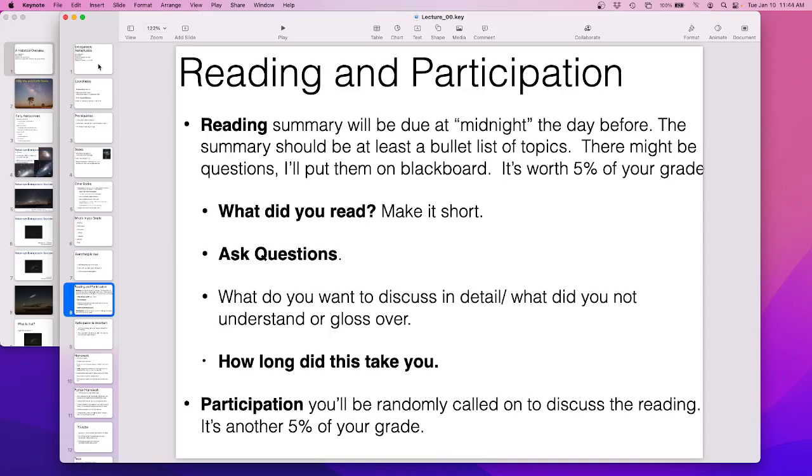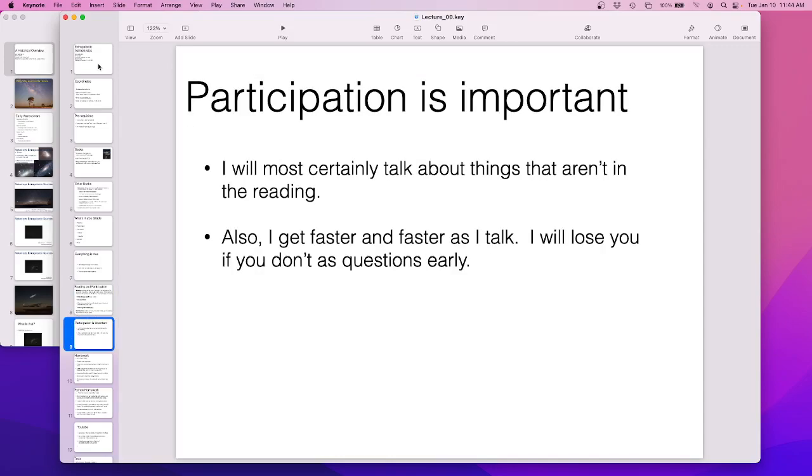Participation, I will randomly point at people and make you talk. So show up. That's really all that's in there. But participation is important, because for A, I talk about stuff that's not in the book. Since the book came out, we've discovered gravitational waves. JWST was launched. We've imaged black holes. There have been incredible advances in the last 2 or 3 years since the book came out. So this field is constantly having massive overhauls, and once we understand the JWST data a little better, I'm going to have to overhaul everything again.